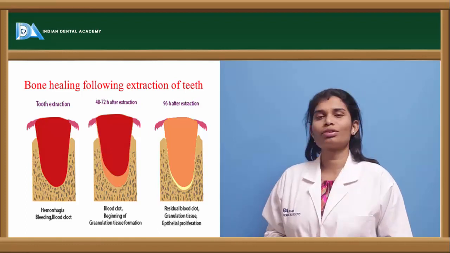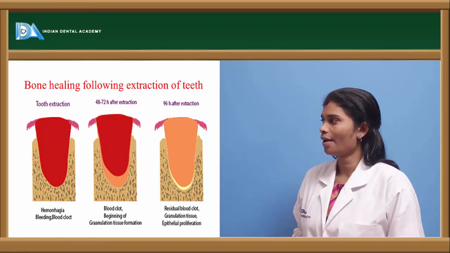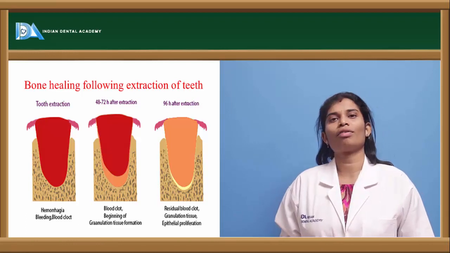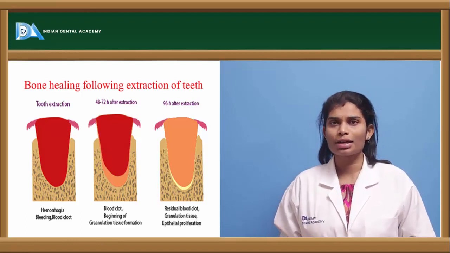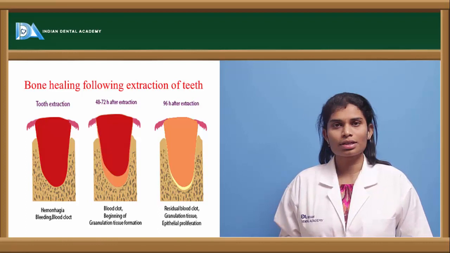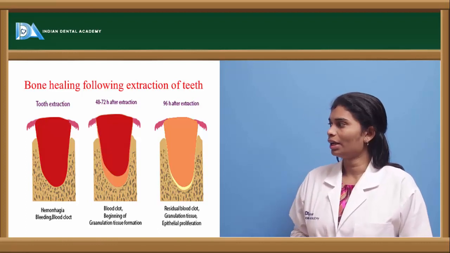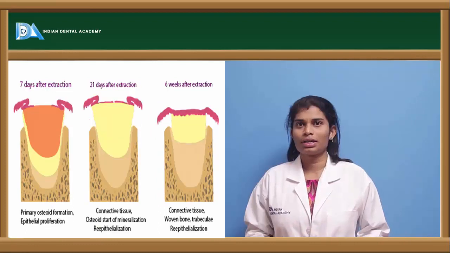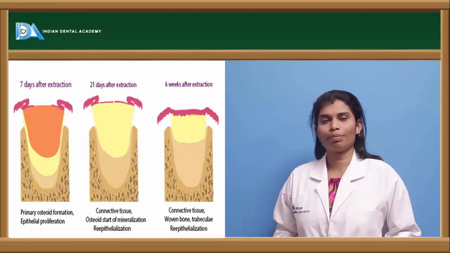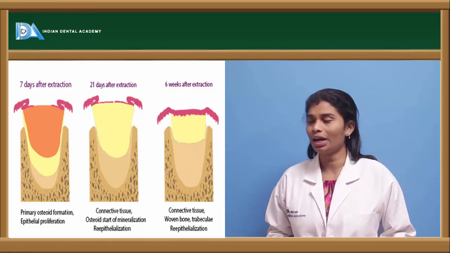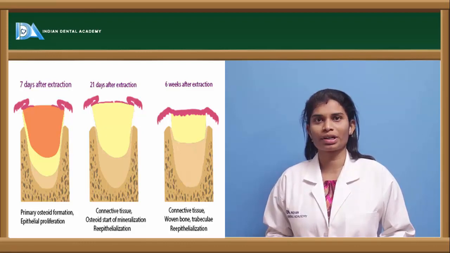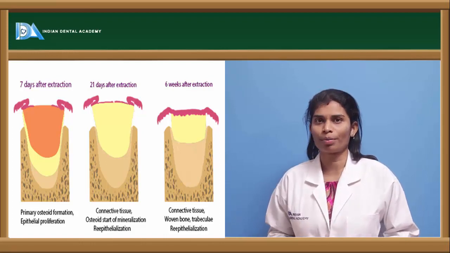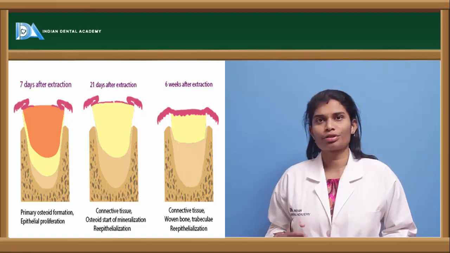In the next 48 to 72 hours after extraction, there will still be the blood clot organization and beginning of granulation tissue formation. As the days progress, 96 hours after extraction, there will be granulation tissue formation, also epithelial proliferation. 7 days after extraction, there will be continued epithelial formation and also primary osteoid formation. 7 days following extraction, there will be first incidence of bone tissue formation and the healing continues to the further